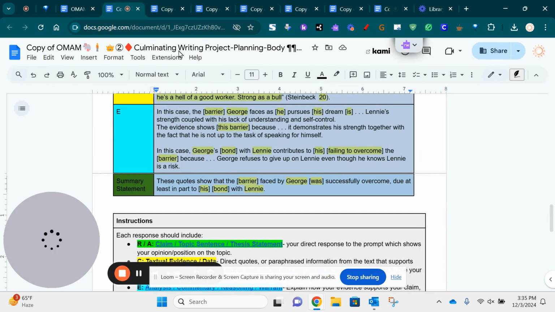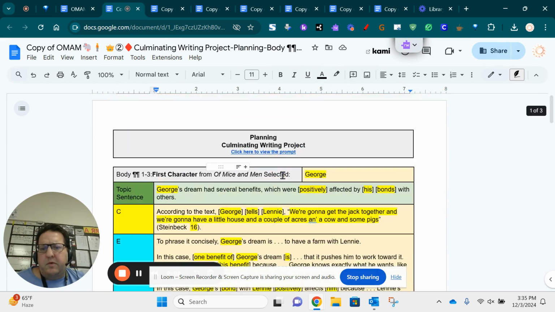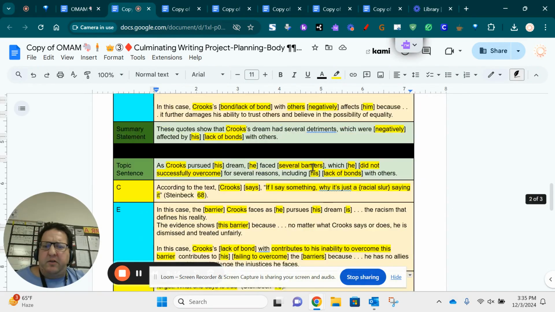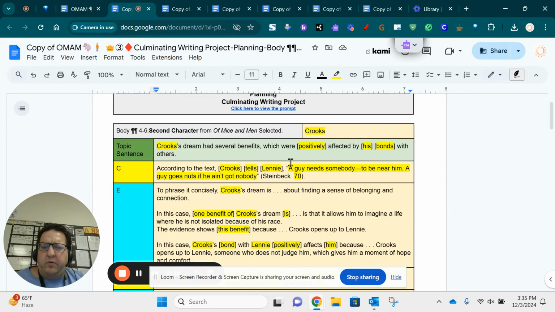Okay, so now I have body paragraphs 1 to 3. I took the parts that were actually part of the writing, and now I'm going to close that. Goodbye, section 2. Okay, so essentially I'm going to pause while I go through the next two, so 3 and 4, which are the body paragraphs on character 2 and character 3.